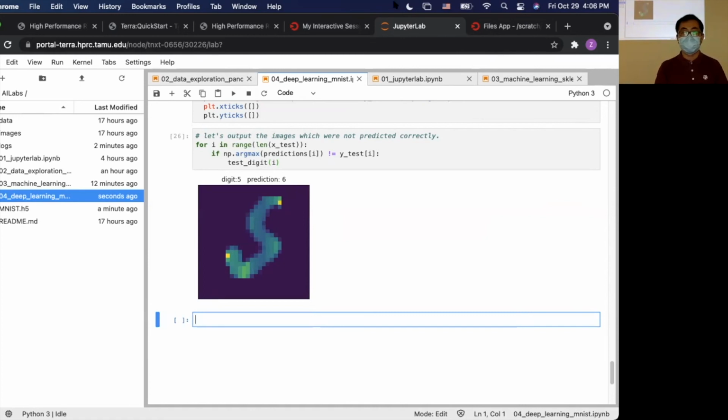And sorry guys, we passed 6 minutes. I know some of you may still have a problem with creating the virtual environment, but all the notebooks have been given to you, and you can git clone from my GitHub and continue to work on all these examples. So hopefully you know how to use our Open OnDemand portal to use our HPC clusters and also run some work on it. Okay, that's all for today.